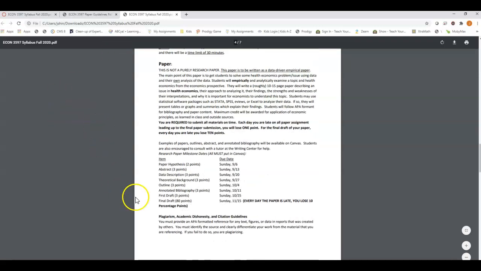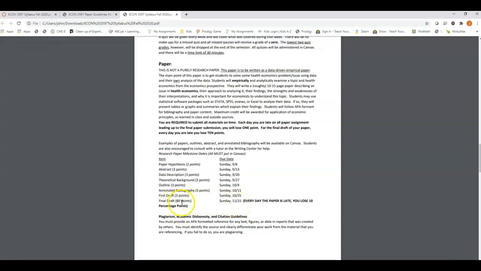Now, the paper, the actual final draft of it, is due on the 15th of November. And that final draft is worth 80 out of a possible 100 points. The other assignments all build up to that. And so you'll see here is that each week, for the most part, you have different assignments that are due. And so you're going to see them as you go through, and I've created different videos for each of them. You are to do the assignments, do it in some type of a Word document, and then attach it in the folder. I'll give you my feedback, and it will help you to really better be able to write your